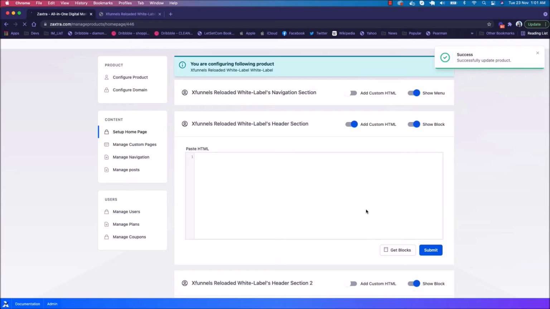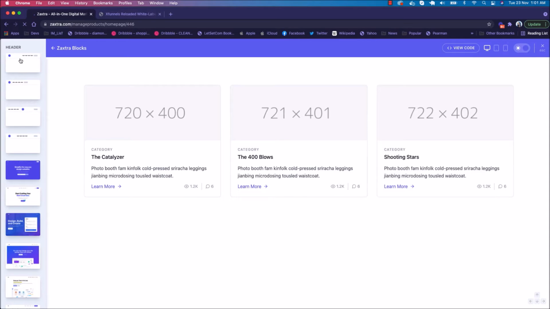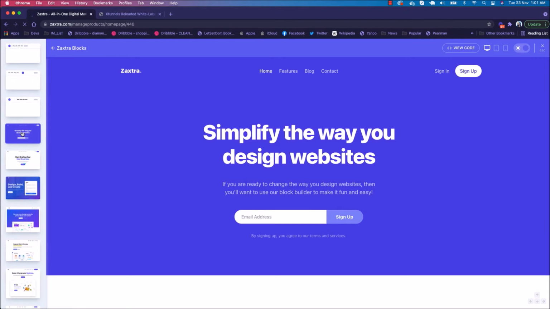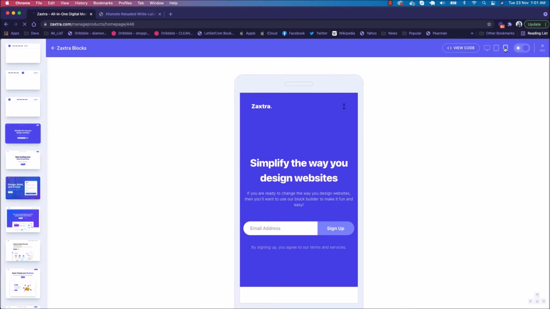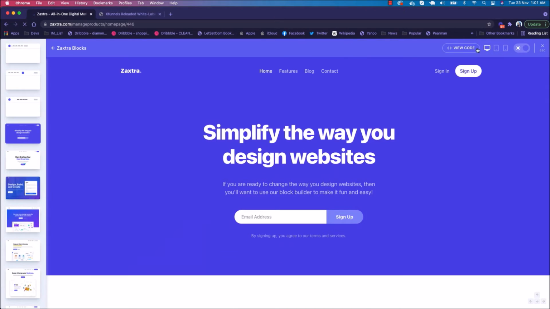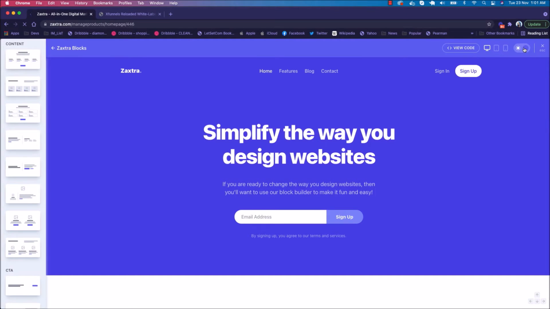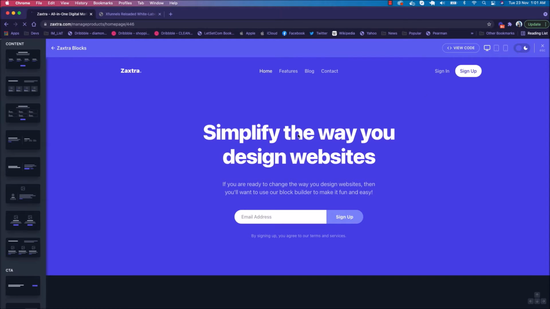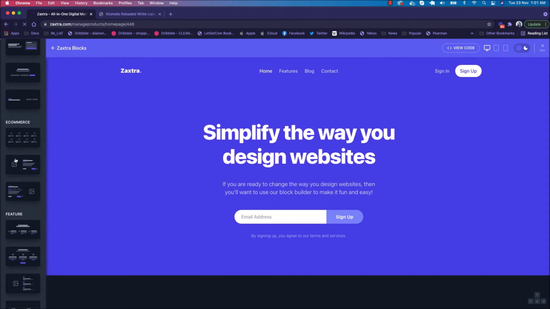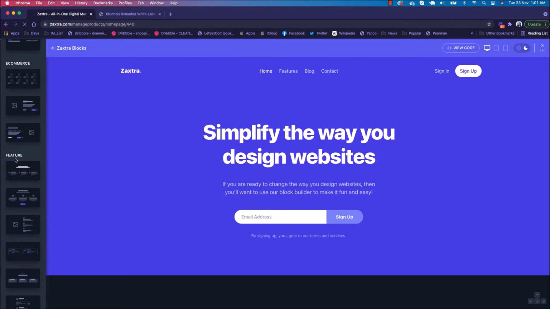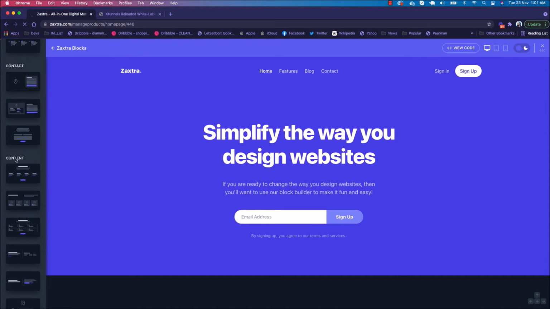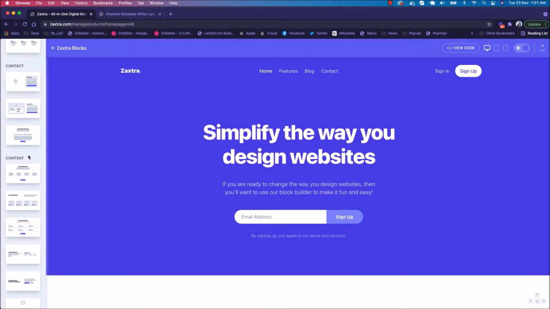And if you don't know how to write HTML, no worries, we have get blocks option here. So inside this we have created amazing blocks like this. You can click on any block. If you want to just use this block, you can click on this block. You can check its responsiveness on tablet and on phone, and if you want to just see other blocks in the darker color, you click on dark. It will actually turn them on in a darker mode.